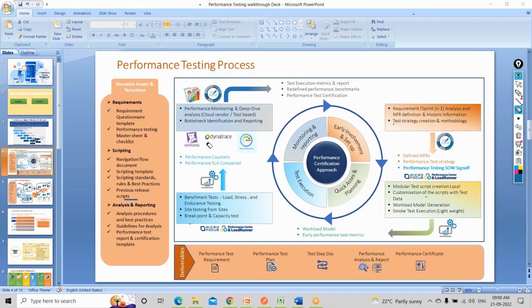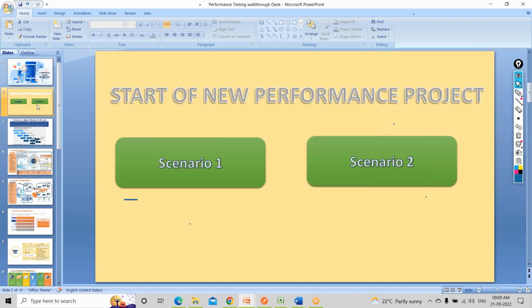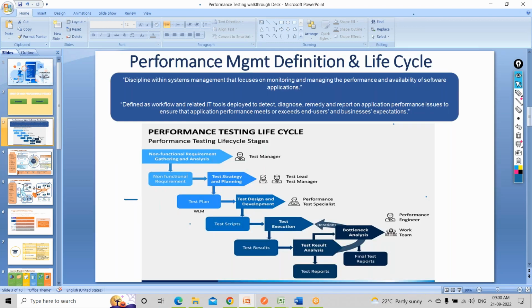Okay, fine, guys. I hope it's clear. I'll just quickly sum up what we've discussed. We have discussed the different scenarios that you will see in your companies. Then we have seen the performance life cycle. We have documented every step, but it is not necessary that all the steps are followed. Let's say it's a regular project coming for the second cycle of testing, and you say, sir, why are you not creating the script, why use the old script.